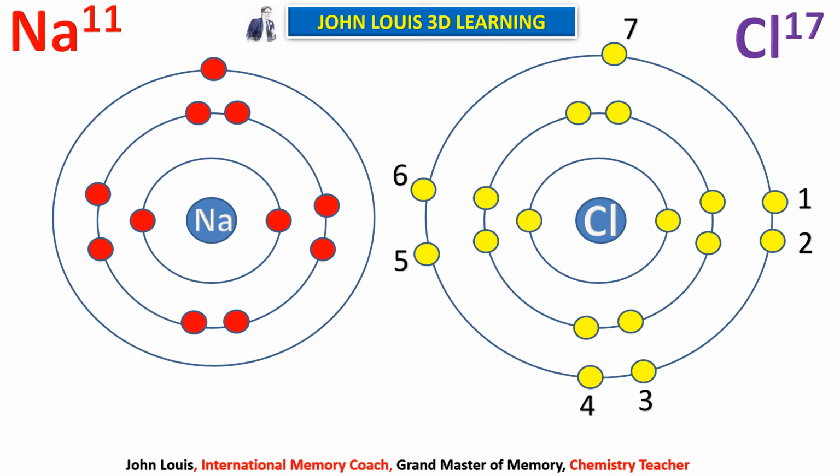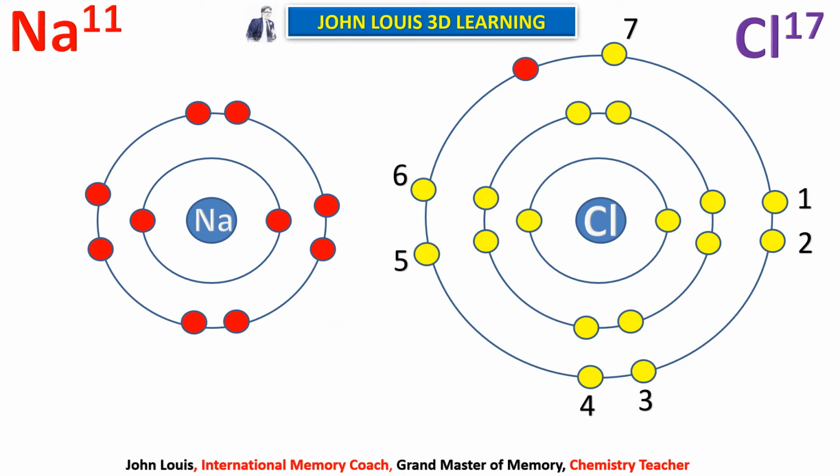So sodium has a tendency to give 1 electron, and chlorine has a tendency to gain 1 electron. Therefore, what happens here? Sodium gives its only electron in the outermost orbit to the chlorine atom. Thereby chlorine attains its octet. And what happens to the third orbit in sodium? That disappears now, because that electron left to chlorine. Therefore now sodium has 8 electrons in the outermost orbit. Now both attain stability. Sodium, by becoming Na plus, becomes stable, and chlorine becomes Cl minus and attains stability.